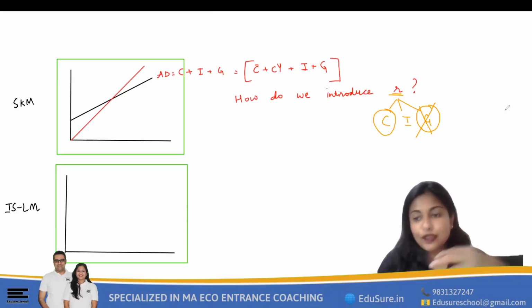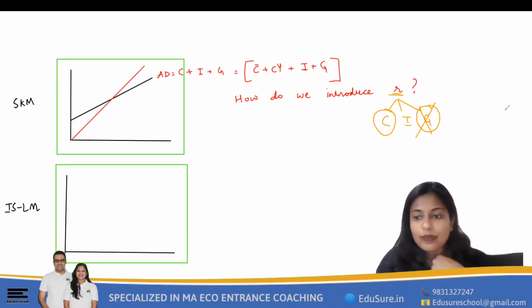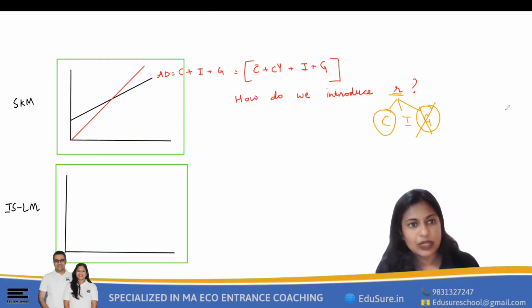You could also argue there that, ma'am, even as a consumer, I have to look at the rate of interest, because these days everything has become EMI. You can even buy clothes on EMI. You can buy a laptop on EMI. Everything is becoming EMI. So credit card rate of interest, so many expenditures are now on credit cards. So yes, in the modern world, we are spending so much, consumerism, rate of interest is becoming more and more important.